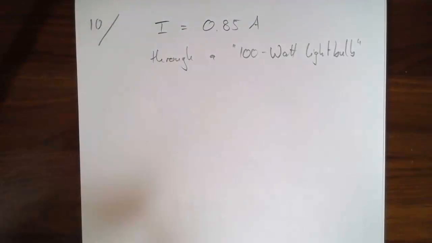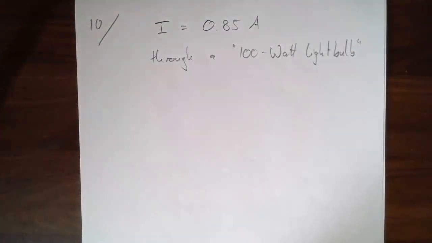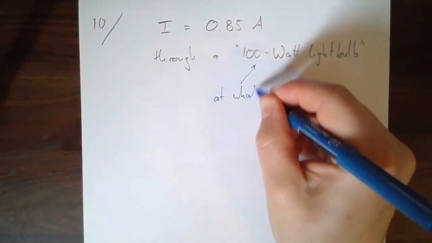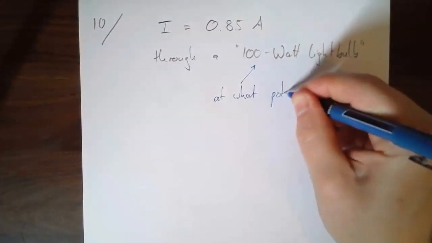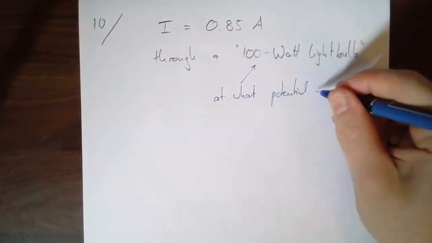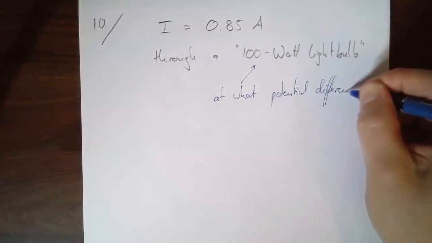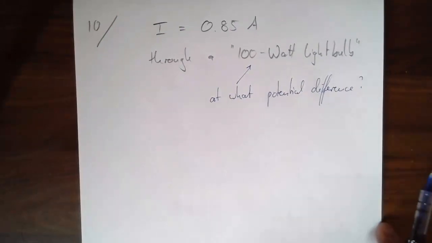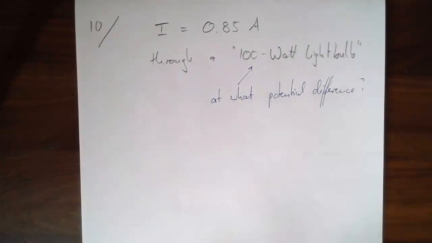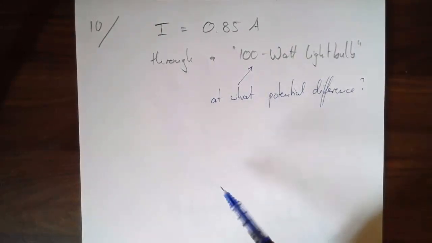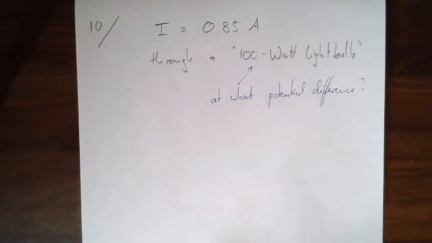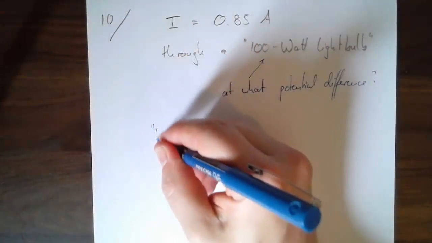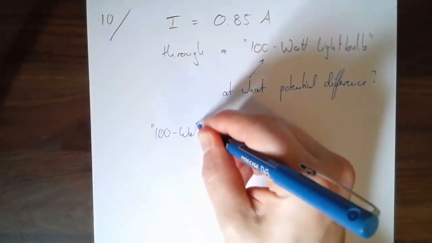So it's 100 watts, at what potential difference? At what voltage? What is this nonsense? At a store on the package it's 100 watts, but you could connect it to a 6-volt battery and try that. You're not going to get 100 watts. So what we mean by a 100-watt light bulb